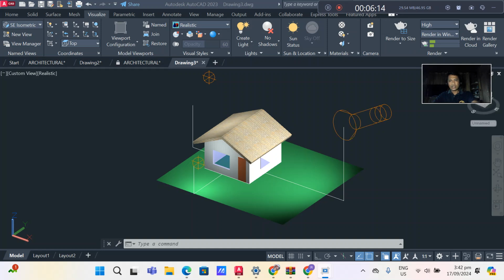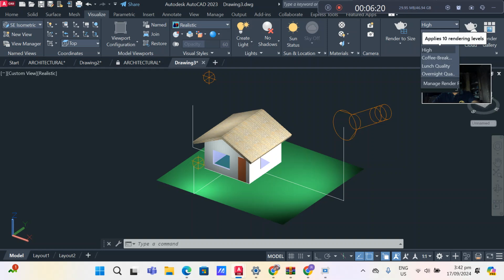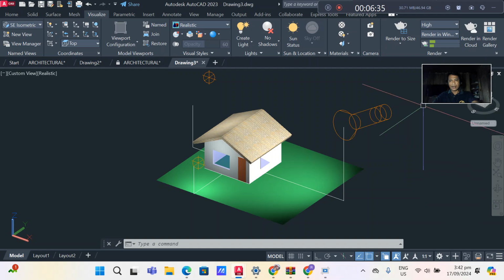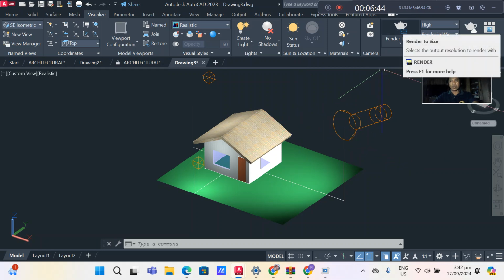From this setting, you set the rendering level into high, and then for render size, you select full HD HDTV, and then after setting all the levels and size, you start your rendering.